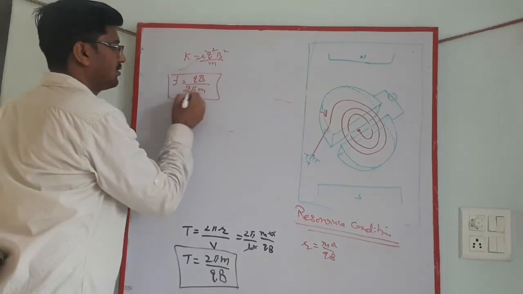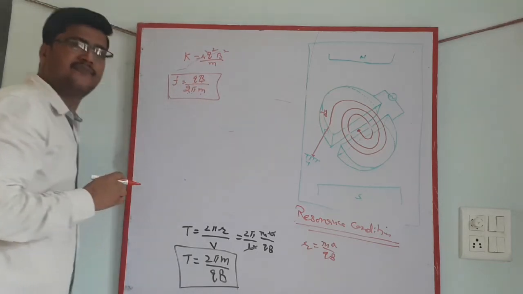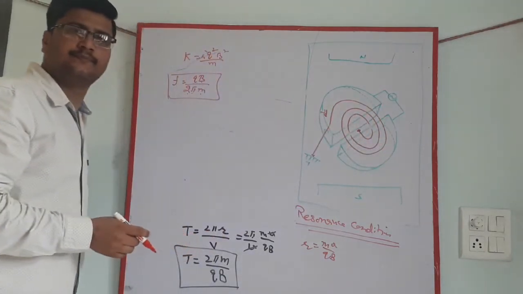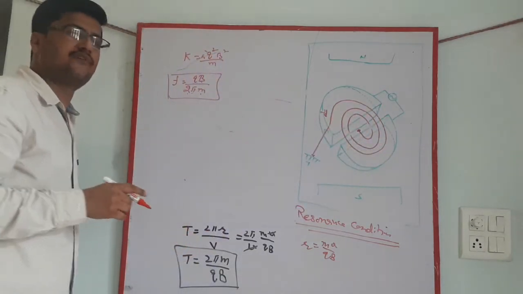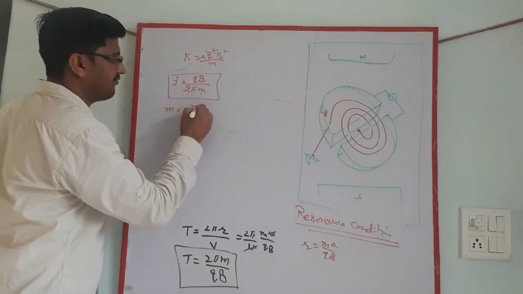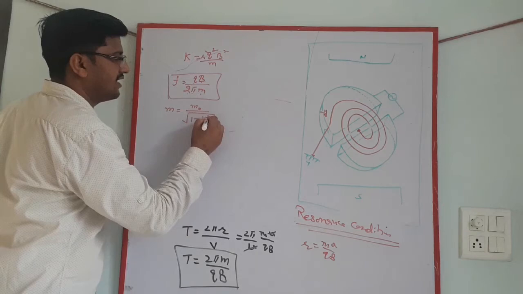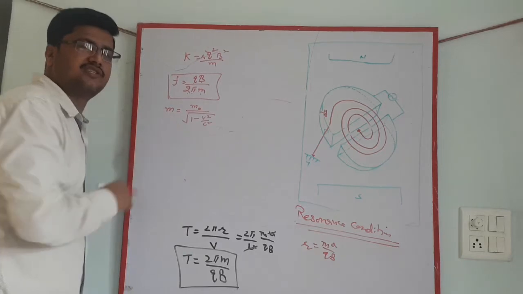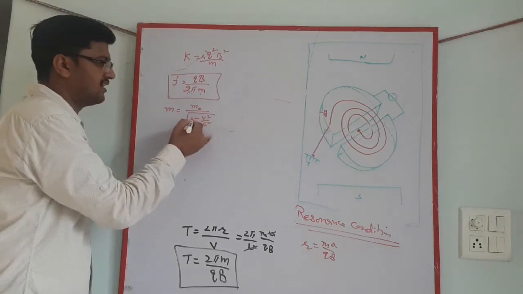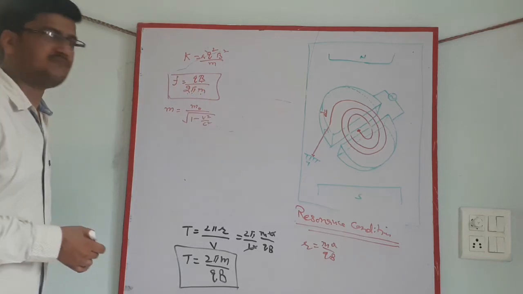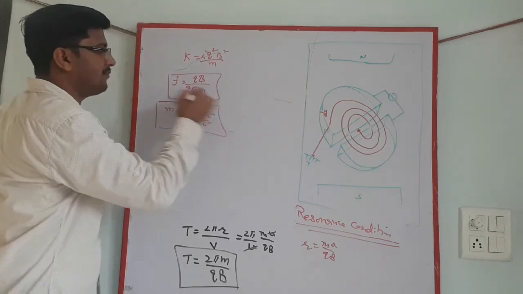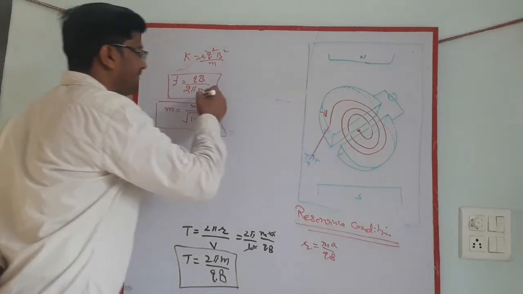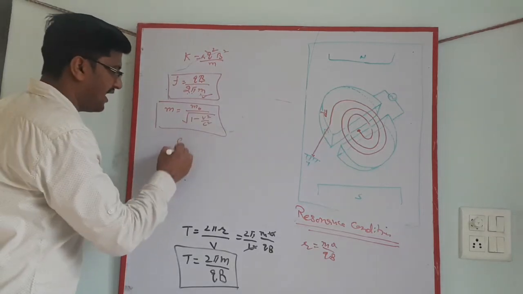All terms are constant here, qB by 2 pi m. That means frequency is constant and the particle comes in the gap after a fixed time. But according to Einstein's theory of relativity, m is not constant for fast moving objects. If objects are moving with very high velocity, then m increases. Say, if moving with the velocity of light, then it becomes infinite. So this relation says that m is not constant, m increases with increase in the velocity, and if m increases, f will decrease. So f decreases.